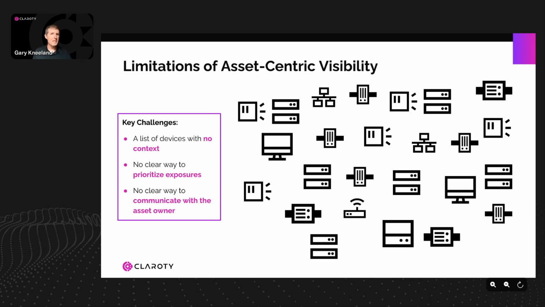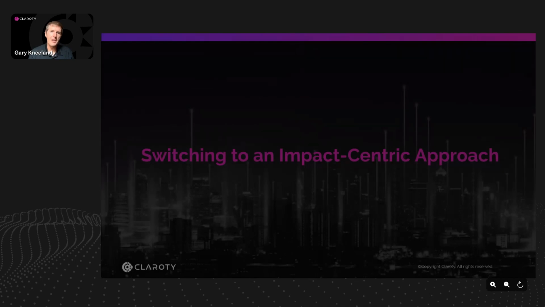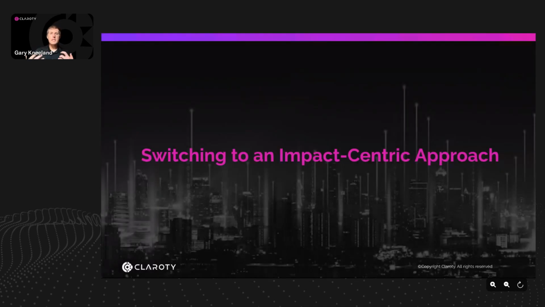So this is the problem. What are we actually doing to try and fix it? This is where we've started with an idea of what we call an impact-centric approach. Instead of just having device-centric, where we're looking at random devices, random vulnerabilities against a random Siemens PLC or a Rockwell PLC at some IP and MAC address, we want to start focusing on what these devices are doing within the plant, right?